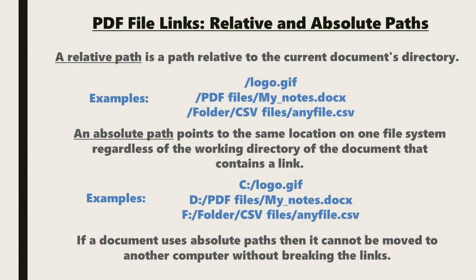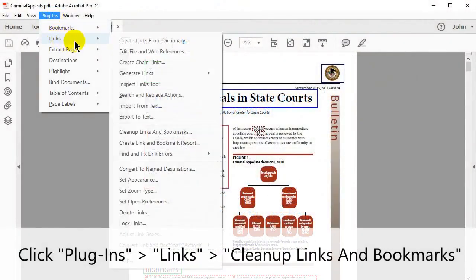Let's clarify the difference between relative and absolute paths when it comes to PDF file links. A relative path is a path relative to the document's directory, and an absolute path points you to the same location on one file system, regardless of the working directory of the document that contains a link. If a document uses absolute paths, then it cannot be moved to another computer without breaking the links. To convert absolute files into relative,